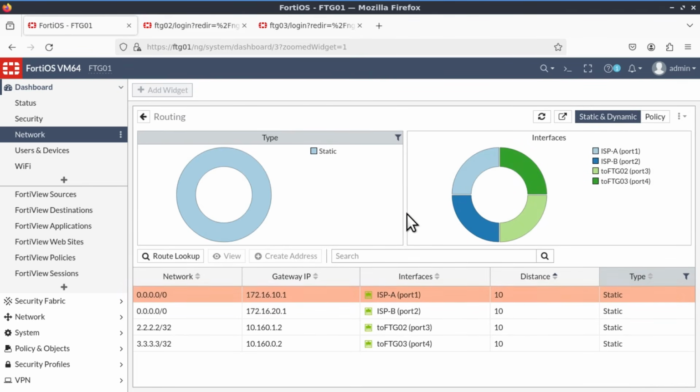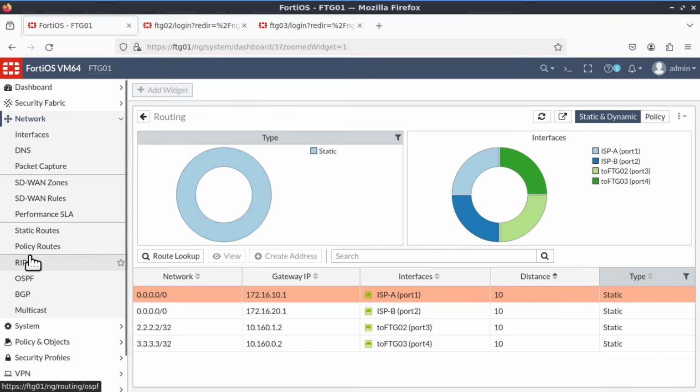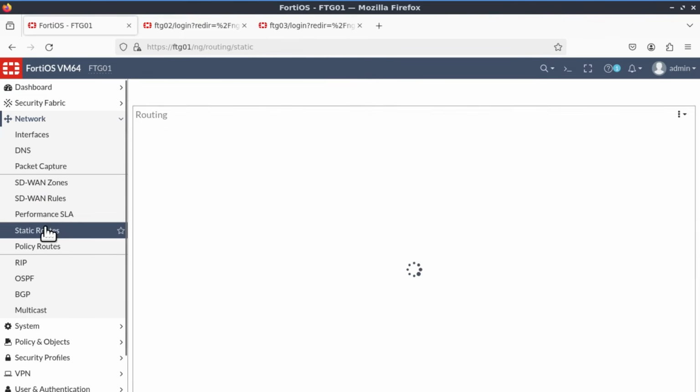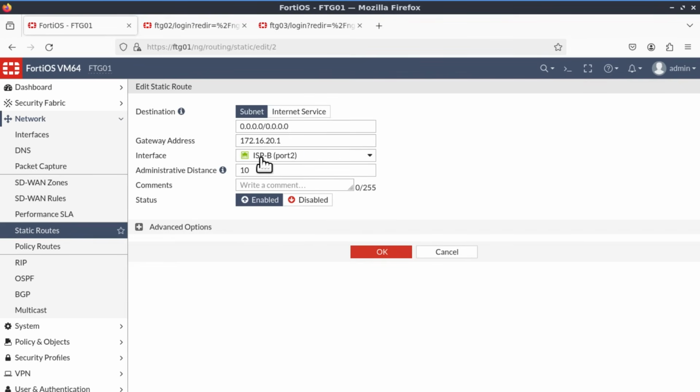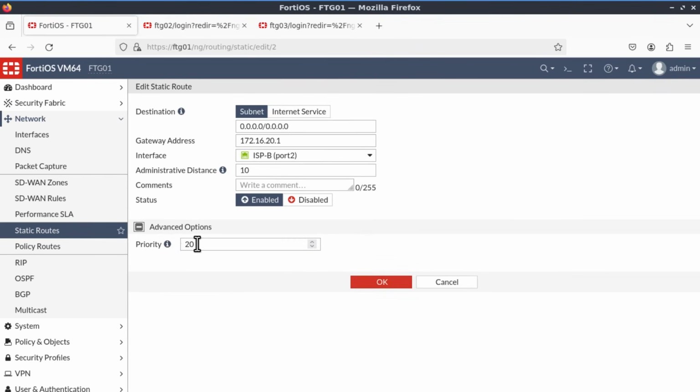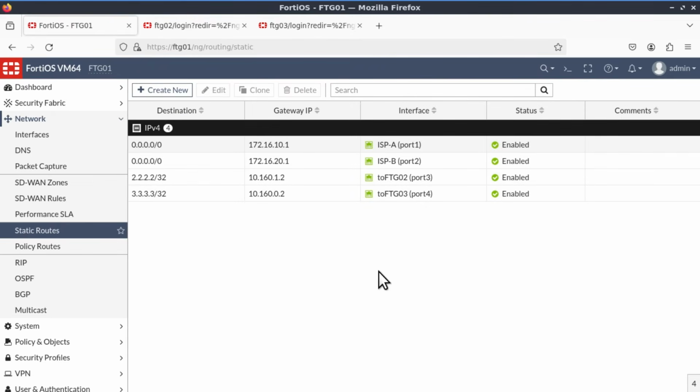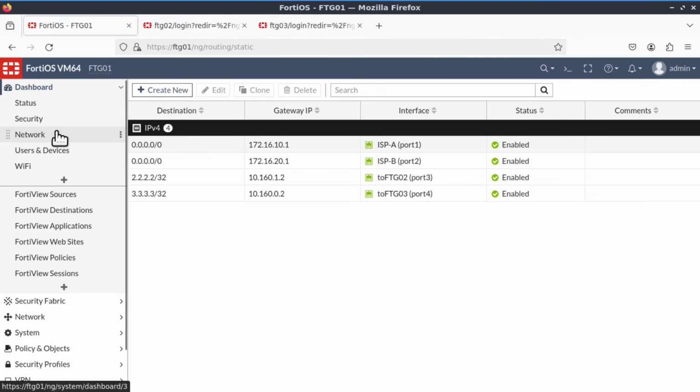As you can see, the Fortigate will highlight the path that the traffic is going to exit out of, and in this case it's going to exit out of port 1. And we can very easily change this around and lower the priority and make it 5 for ISPB. And when we do the route lookup again,